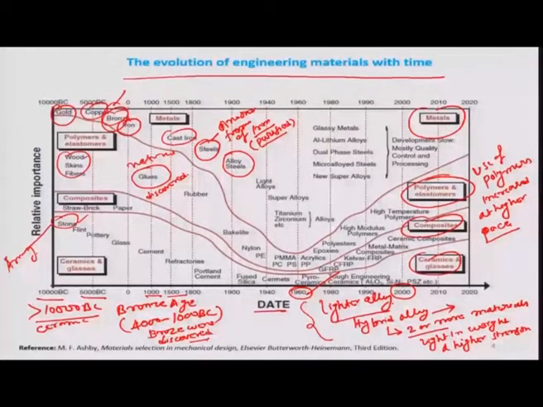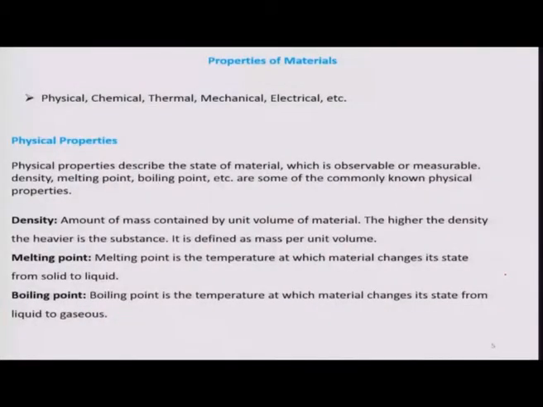From this chart we can see that a lot of materials are available to design any component of a system or a machine. So we have a variety of choices. Each material has some specific properties, some specific qualities, and some disadvantages also. But choosing a proper material from this chart is very difficult for a design engineer, to decide which material will be suitable for our product.